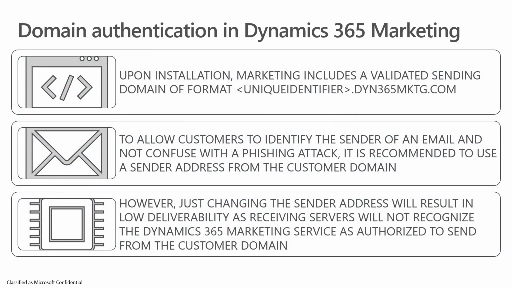How does that work eventually within Dynamics Marketing? When you install Dynamics Marketing, you automatically get a validated domain, and it has a particular format which starts with a unique identifier specified for your organization, and then the suffix dynamics365marketing.com. This is to allow, from the very beginning and provisioning of the organization, that you can still send emails